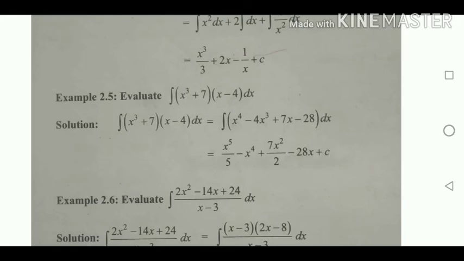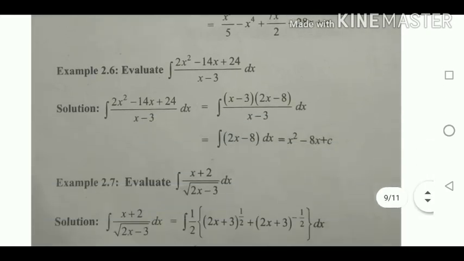Now we are integrating. x power 4 is integrated: x power 5 by 5 minus 4x power 4 by 4, 4 cancel, therefore x power 4 plus 7x square by 2 minus 28x plus c. The next one,